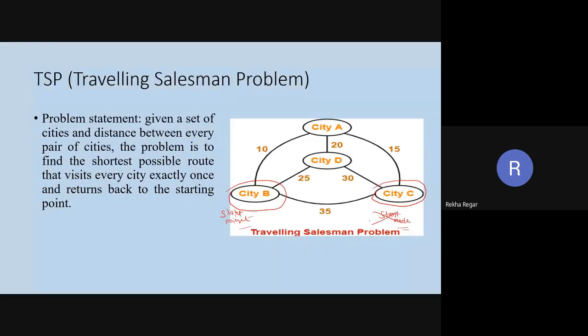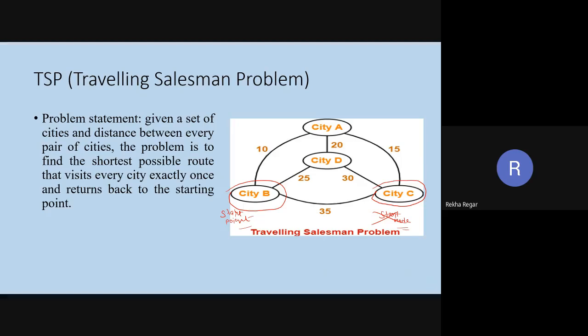Then what will be the trace, or what will be the path or route? So again, Avi is saying that B to A to C, C to D, and D to B. Okay, and what is the total this time, Avi? Okay, the total is again 80.